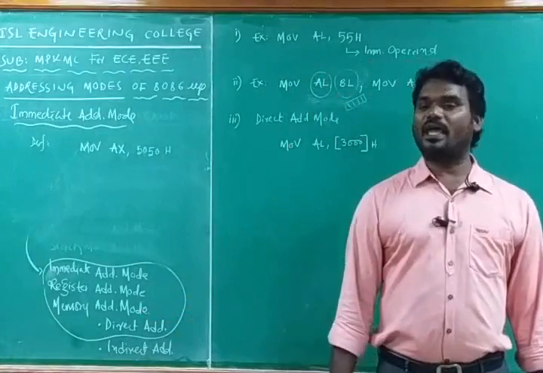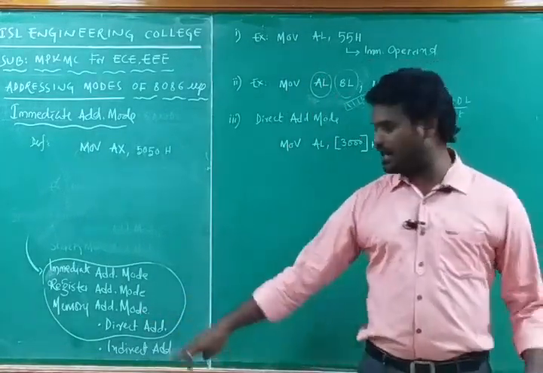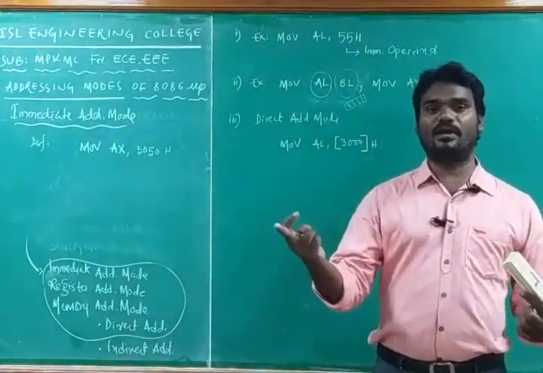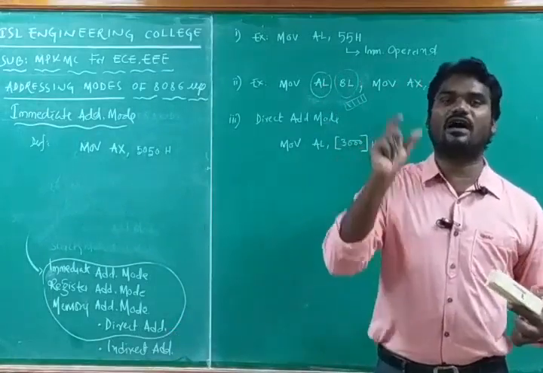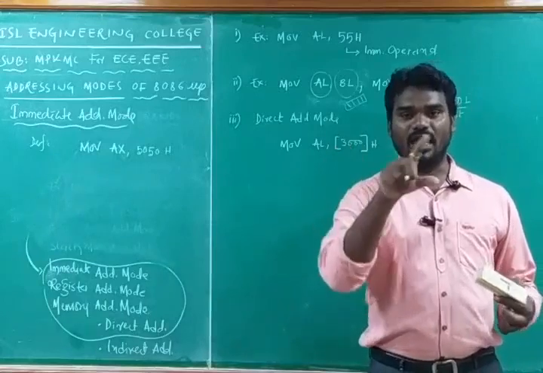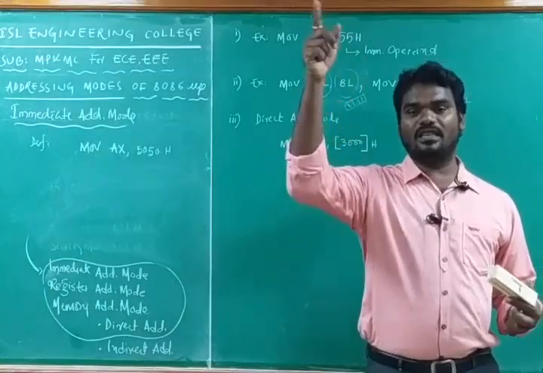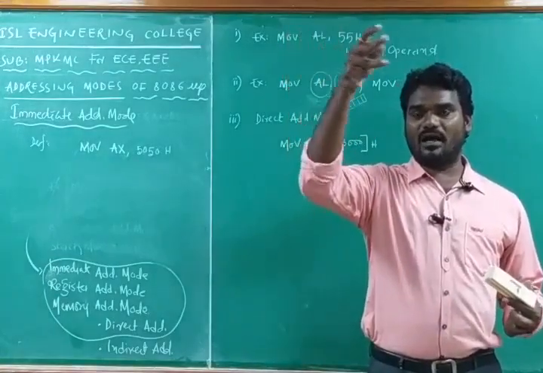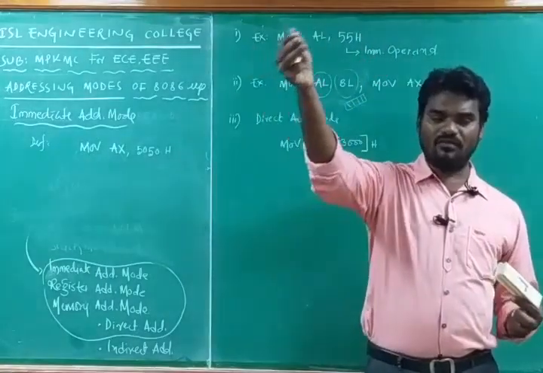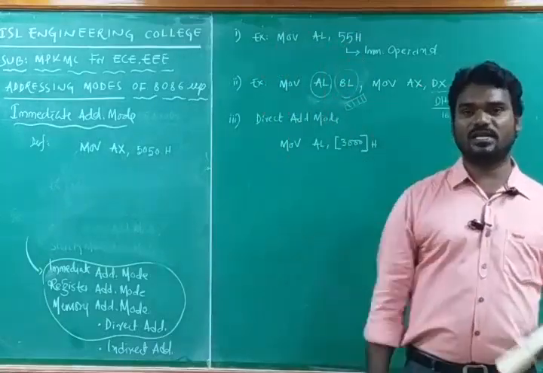Means the execution unit alone cannot access the operand in case of memory addressing mode. To access the operand from the memory, the execution unit has to give the offset address, whereas the bus interfacing unit has to give the segment address. Both the offset address and segment address define the physical address in the memory, and whatever data or operand is there at that physical address will be taken by the processor and moved into the destination operand.